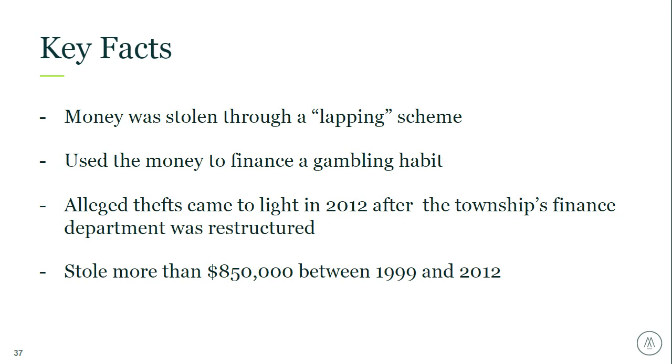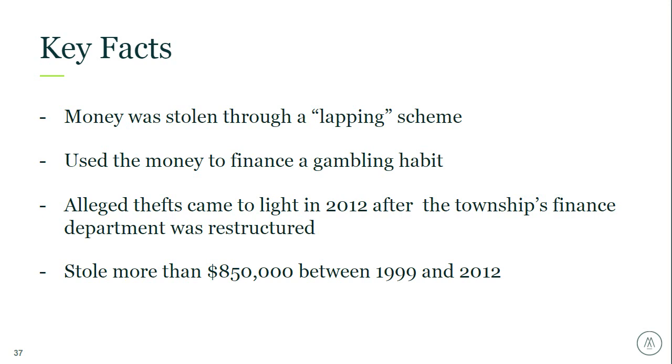You know, much of the money that was stolen, which amounted to about $850,000 between 1999 and 2012, was really used to just live beyond their means. They financed a gambling habit with it. They were seen at multiple casinos on the East Coast, those types of things. So as part of a plea deal, Tonkin actually pled guilty so that her husband wouldn't have to go to jail, and Nancy was sentenced to a minimum of 2 years in prison, and she and her husband have to forfeit their retirement savings and pay $333,000 in restitution.